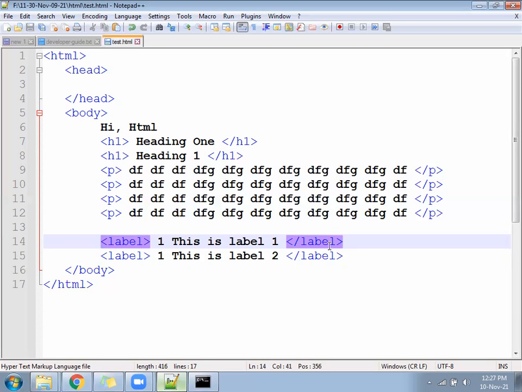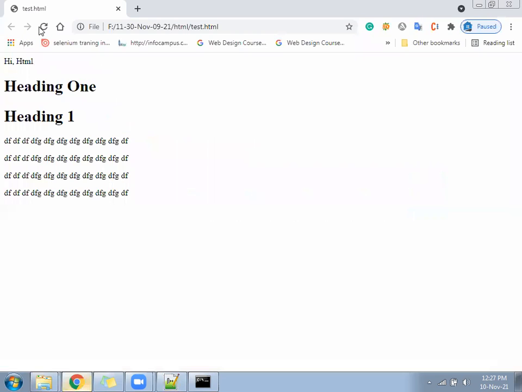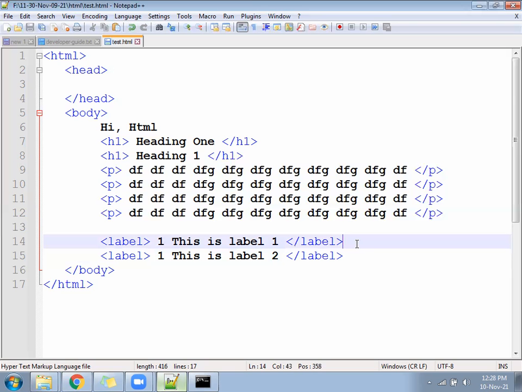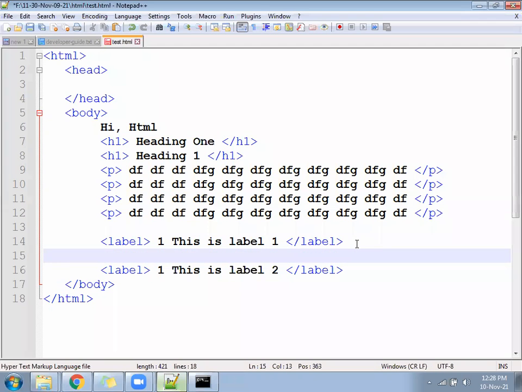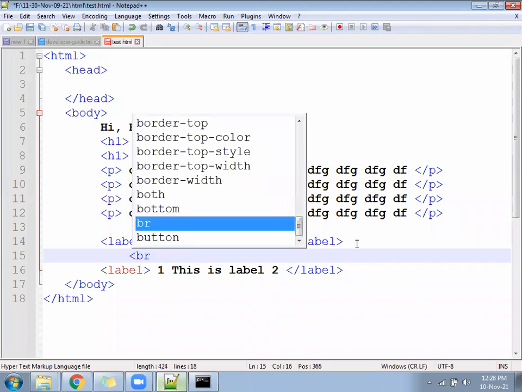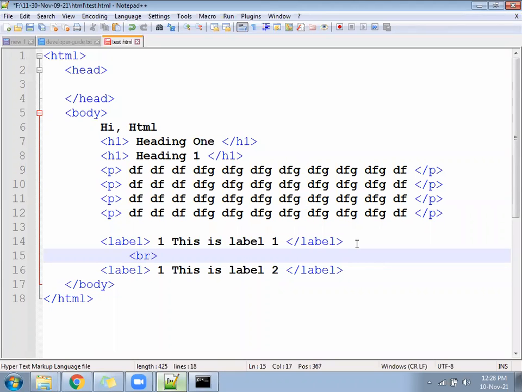Next, after dependent, which you have seen already, another point we have is called independent. Let me run this file and see where it is going. It comes in the same line. In case you want to break the line, we have another tag called BR. This way also it will work, and this way also it will work. But this is called the right way, BR if you are writing directly.